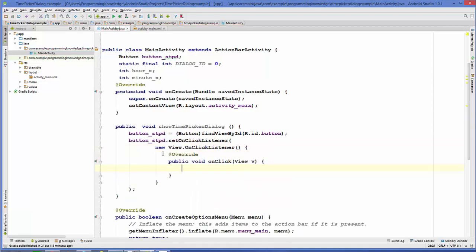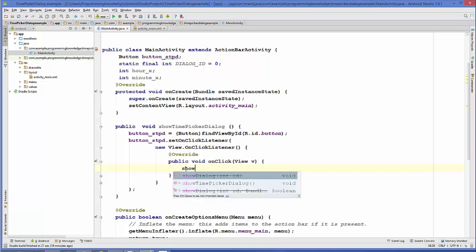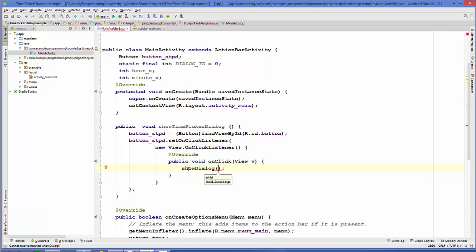Okay, and once you call this new on click listener, inside this on click method you can call a method called show dialog, and this method you can use to pop up the dialog. Okay, and the dialog type we can define it later, but what we are going to do is we will pass this dialog ID in here in show dialog.